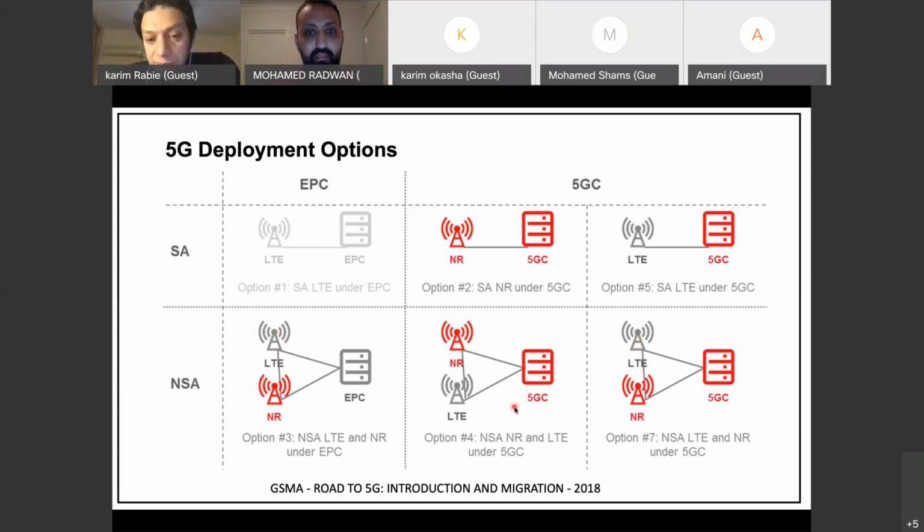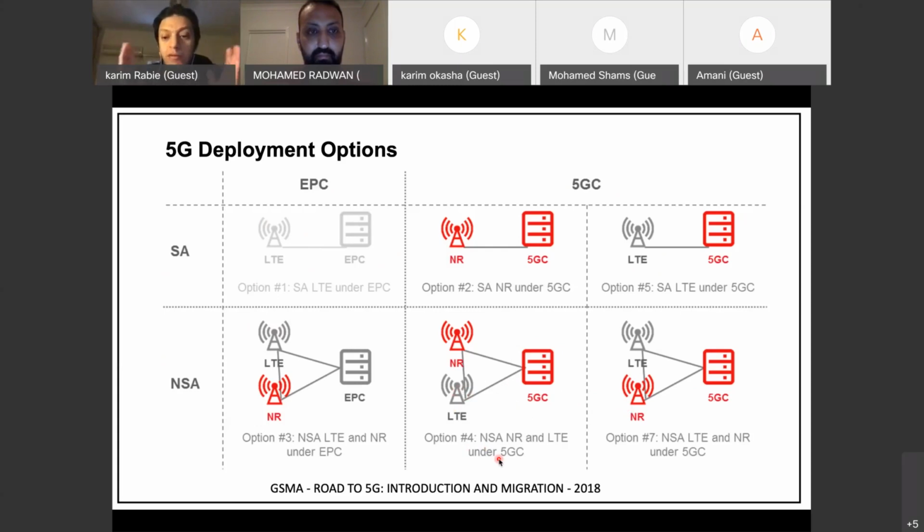It seems that in option 4 and in option 7, the anchor point, or the one that is actually connected to the 5G core with the control plane, is different. If I read option 4, it's written new radio and LTE, and in option 7, it's written LTE and new radio.